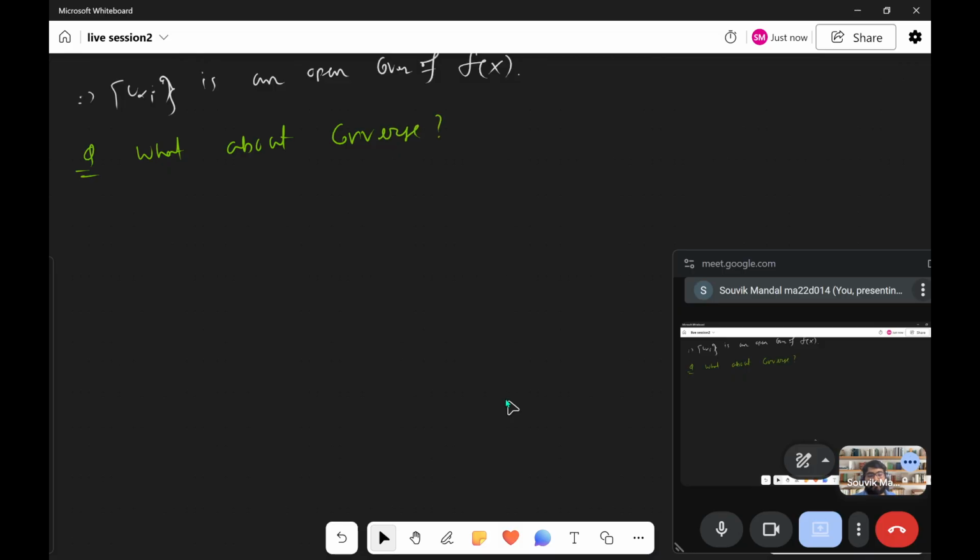Please try to figure out how the converse will hold, or does the converse actually hold or not. Please do think and figure it out. Please take your time. That means you need to come up with a counterexample, okay, which is